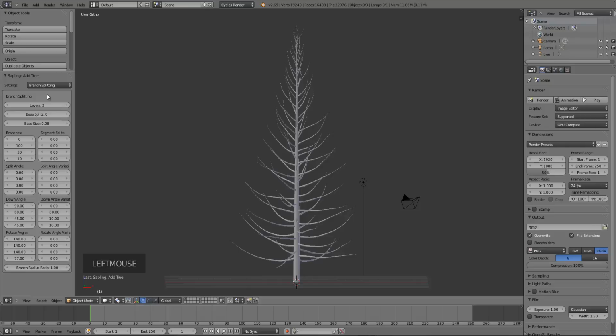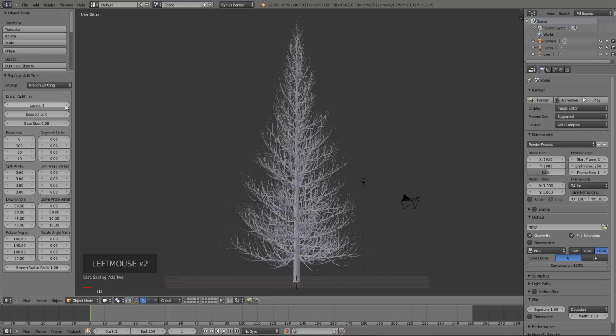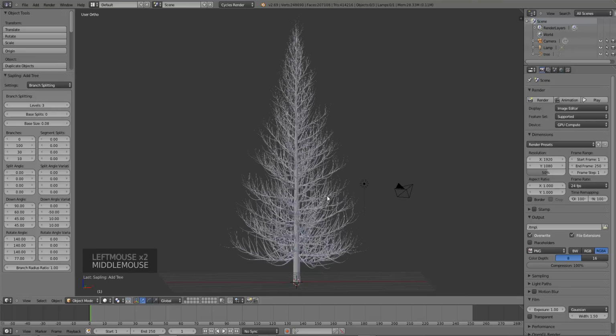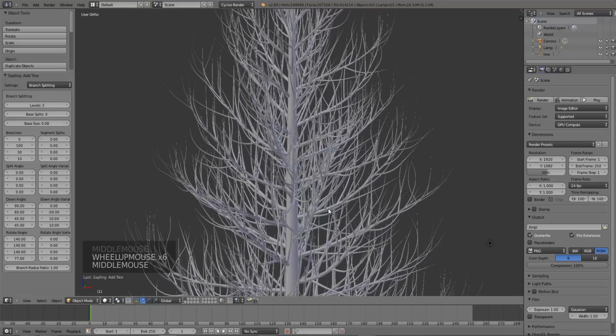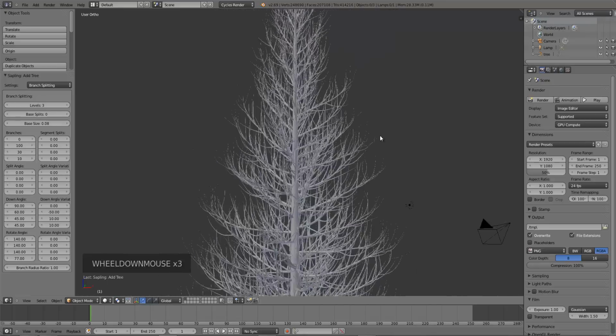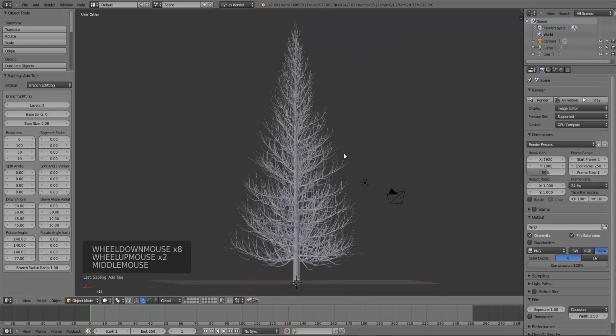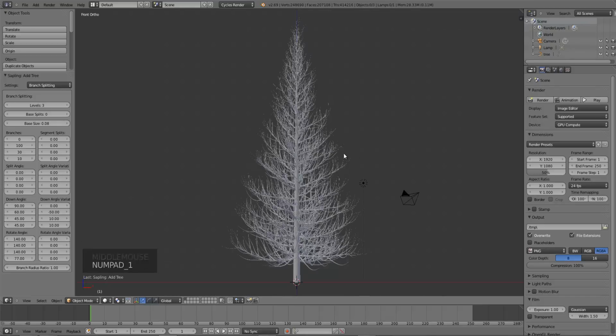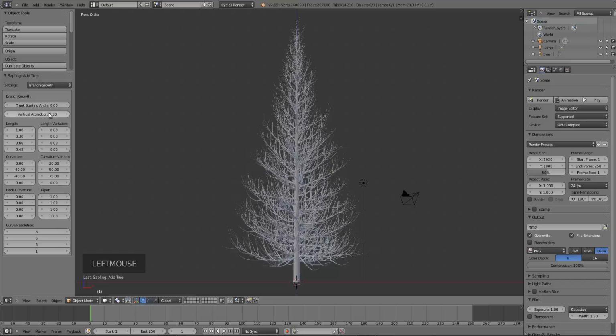And 4 levels is a little more realistic, just as far as the way the leaves are scattered on the tree and everything like that, or needles in this case. But you want to take 1 level at a time. So we'll start by bumping that up to 2 levels. And immediately you'll notice that all of these new branches are angled upward, and it looks really weird. It looks like there's this really powerful wind source right underneath the tree, blowing all those little branches up. This is because the vertical attraction, which is actually in the branch growth panel, right there, is